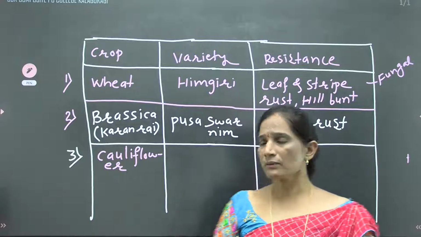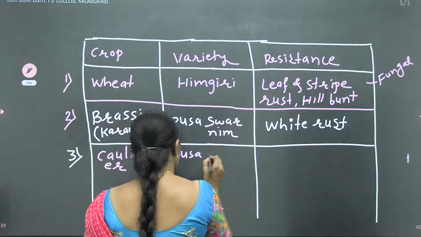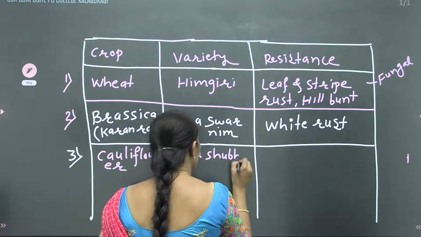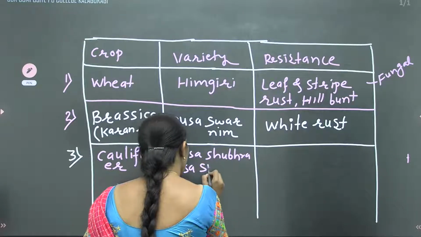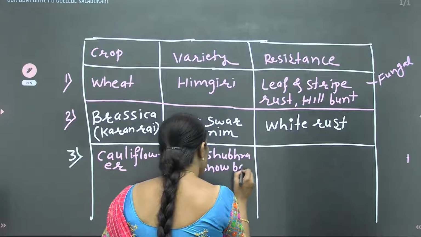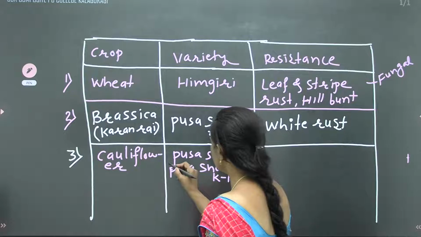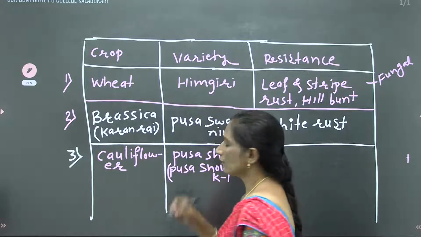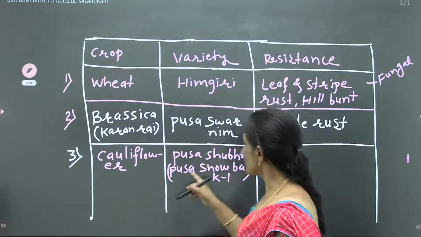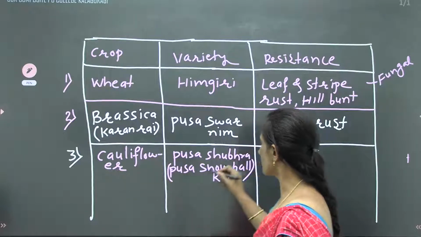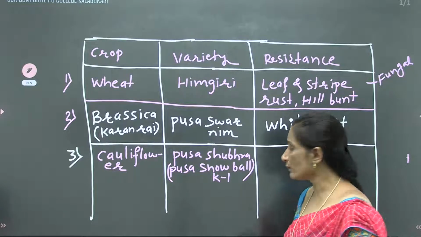So the variety of the cauliflower is Pusa shubra or Pusa snowball K1. So here the third crop name is the cauliflower, and its variety is Pusa shubra or Pusa snowball K1, and it is resistant to